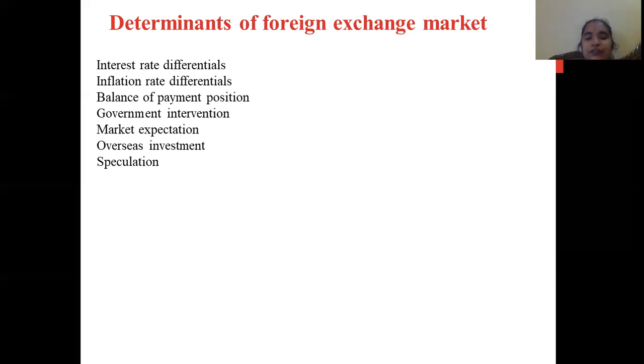So when you are speculating about the future, even if it is not happening in your home country, say in an international bank there is constant panic and they are selling off their gold, that will definitely have an impact on international trade, on international cash flows and the exchange rate of major currencies. So these are the determinants of foreign exchange.